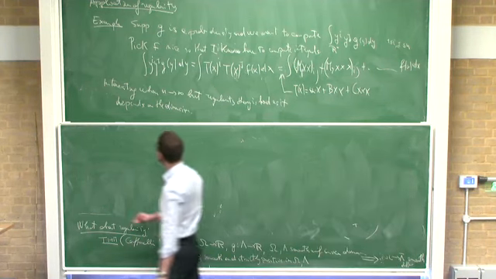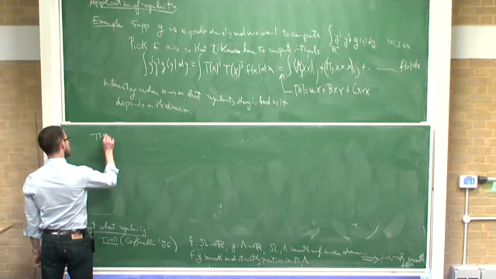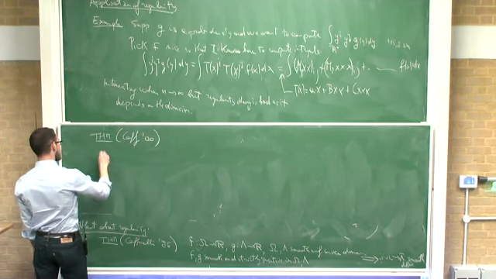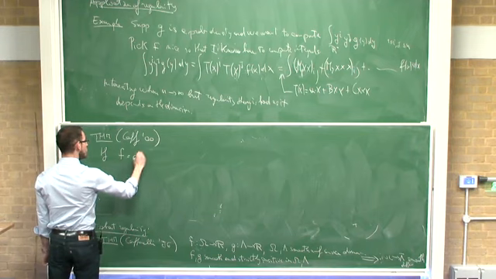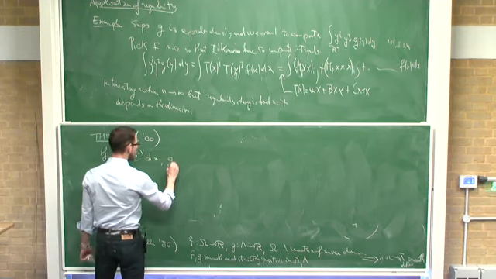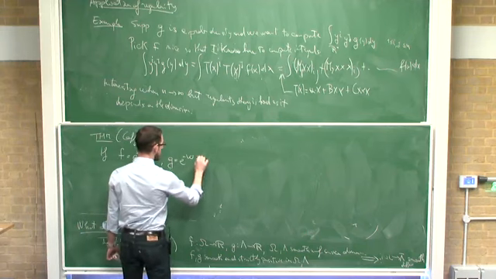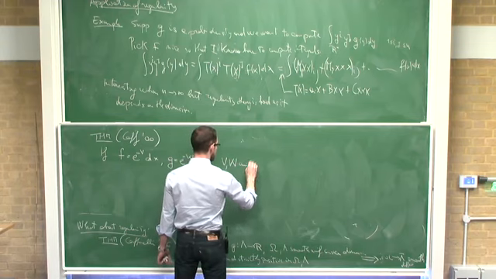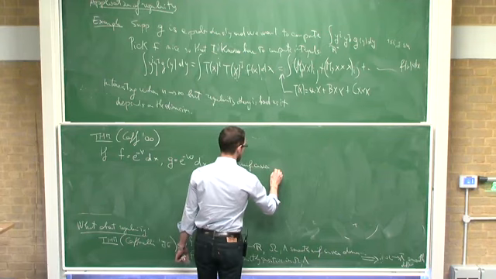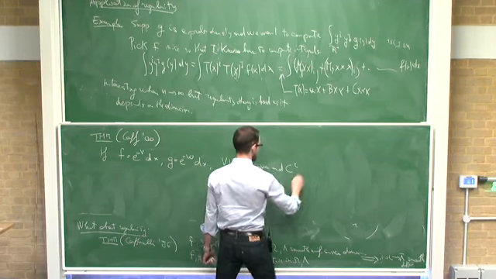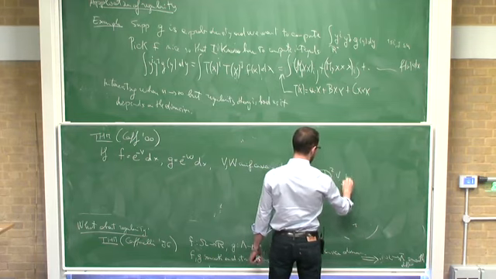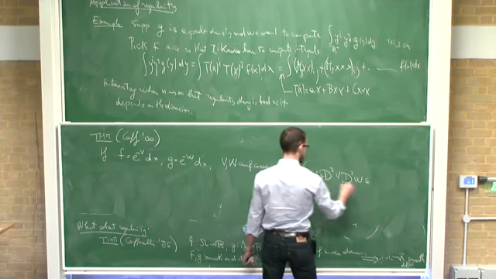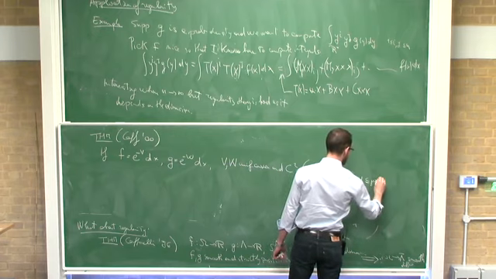So the theorem: he proved the following, that if f is of the form e to the minus v dx, and g is of the form e to the minus w dx, where v and w are uniformly convex and C2, so that the Hessian of v and the Hessian of w are between two constants, lambda times identity and mu times identity,